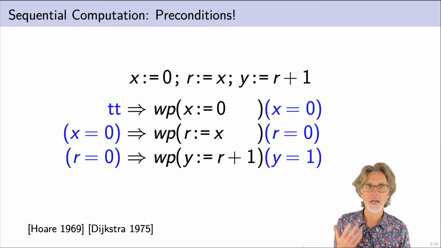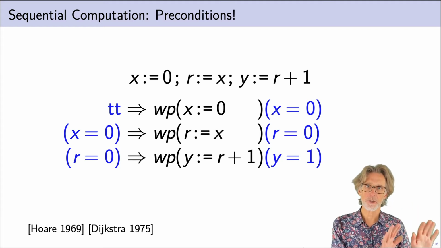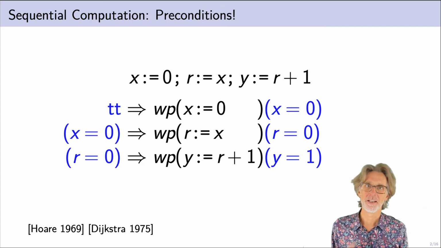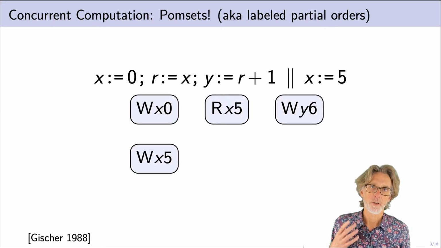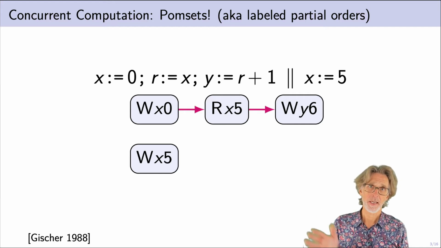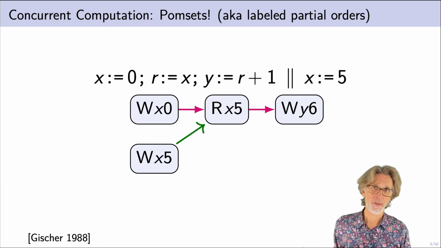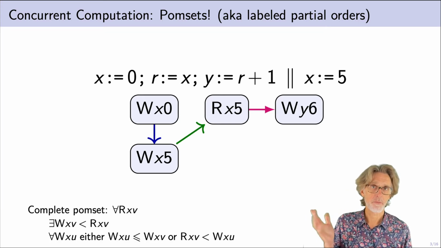The first is the calculus of predicate transformers from Dijkstra. A predicate transformer is a function that maps each postcondition into the weakest precondition that's needed to satisfy the property. The second ingredient is a model of concurrent computation using partially ordered multisets, or Pomsets, where events represent stores and loads, and order is imposed either by the sequential semantics or by the requirement that loads be fulfilled by matching stores, or the requirement that blockers stay out of the way one way or the other.